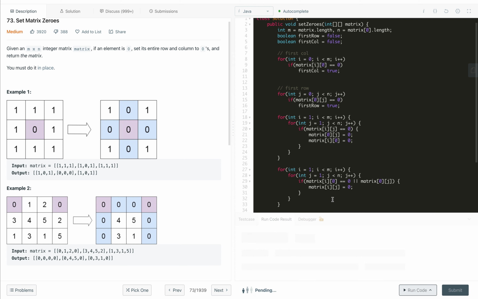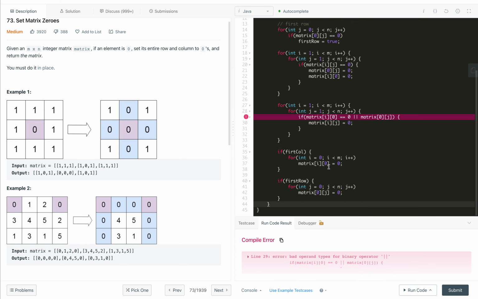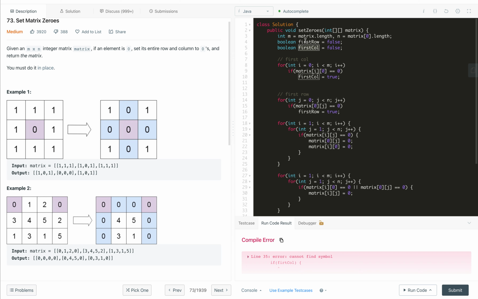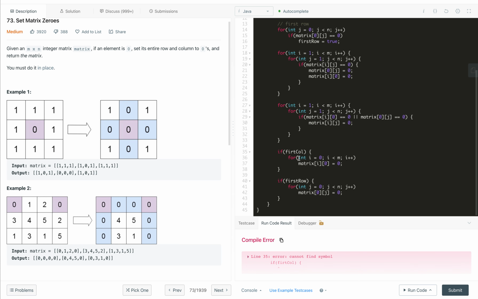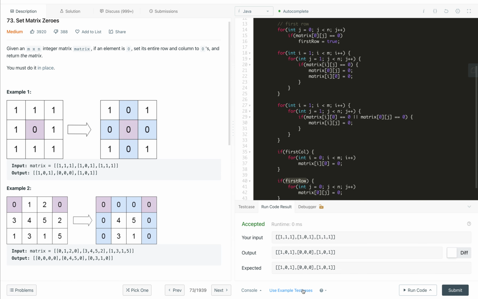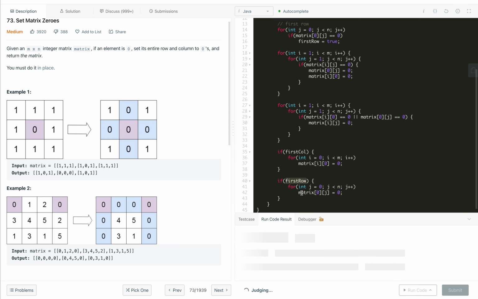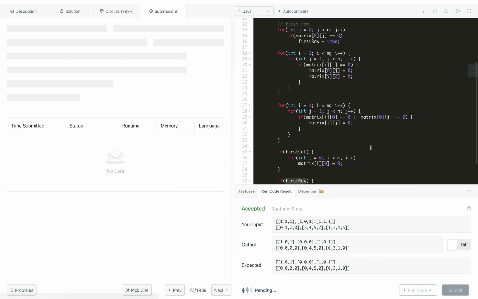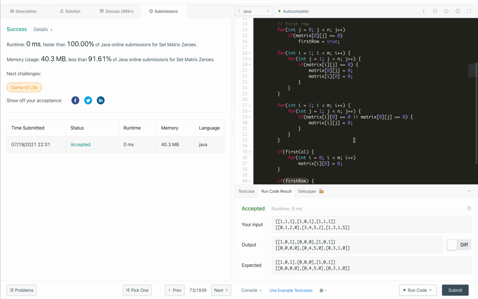Let's compile the code and see if it is working for the test case. There is a compilation error because of the condition, or I missed the 0 over here. Let's try to do it again. There is a typo in here, so this will be first. Yeah, so this will be first. Similarly, this is correct because I copy pasted, it's fine. Now it's compiled and we are getting the expected answer. Let's try to test the second test case as well, and we are getting the expected answer. Let's try to submit this code now, and it got accepted.